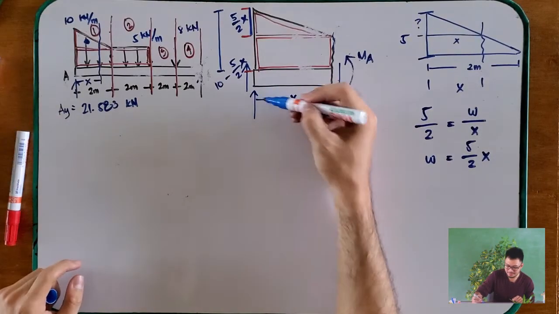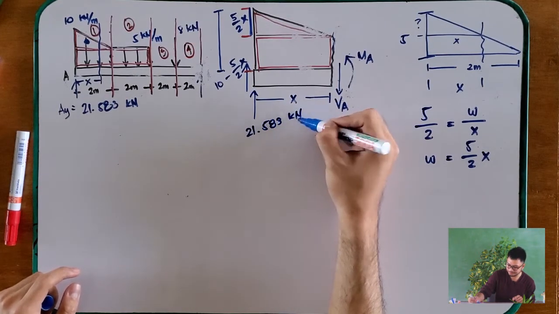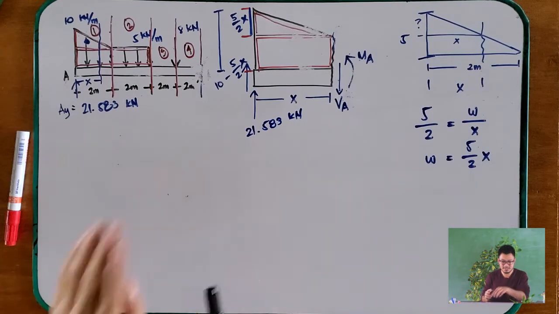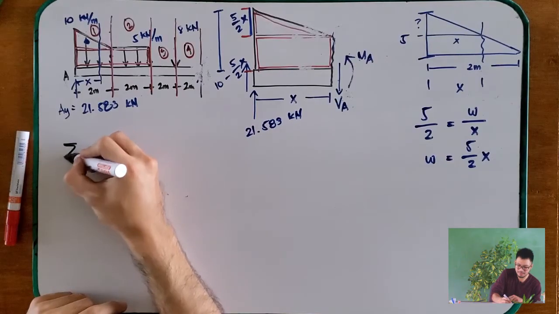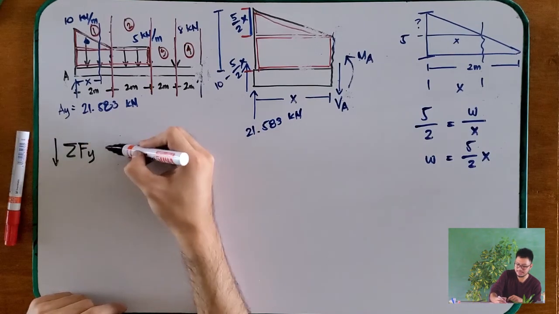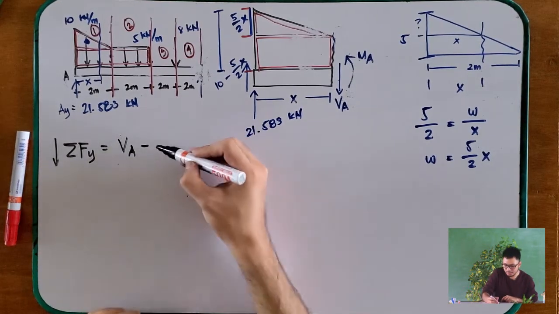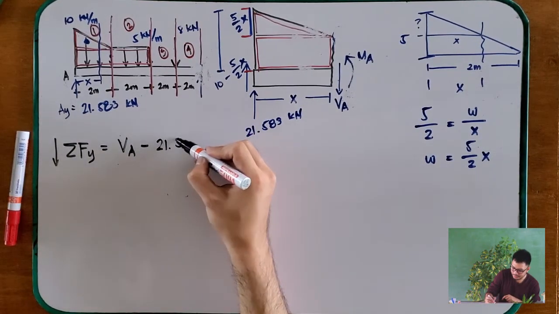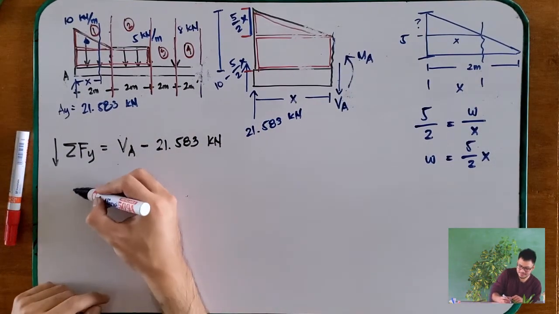So let's proceed. And then we still have this 21.583 kilonewtons. And now, let's solve for VA. To get VA, all you have to do is to sum the forces along the Y, going down, is equal to VA minus 21.583 kilonewtons going down plus